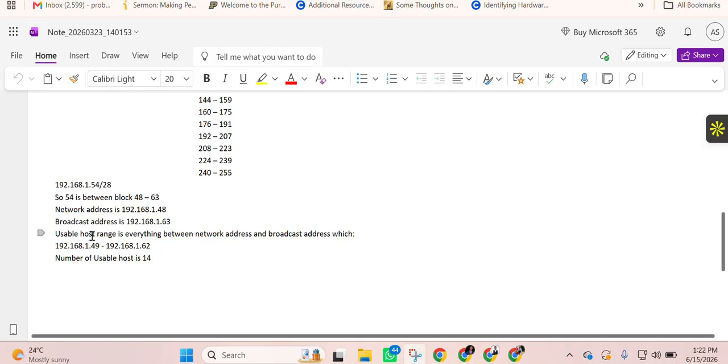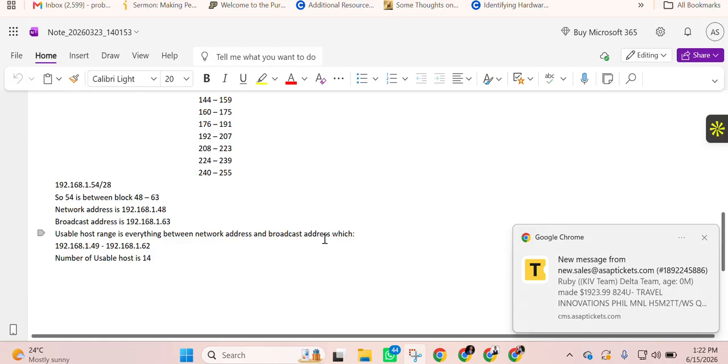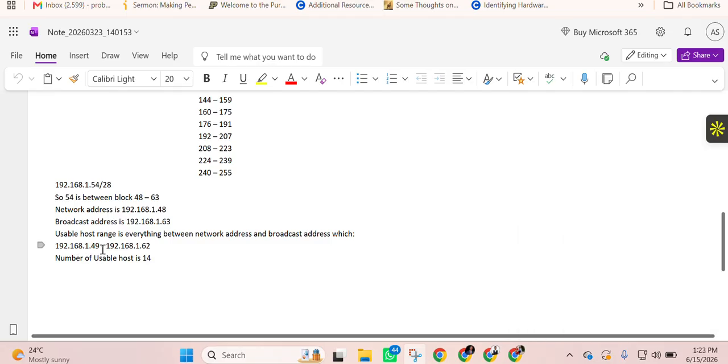So the usable host range is everything between the network address and broadcast, which is 192.168.1.49 all through 192.168.1.62, and the number of usable hosts is 14. That is to say that we have 14 usable hosts that have their unique addresses within this range. All right, so if you understand what I'm saying here,